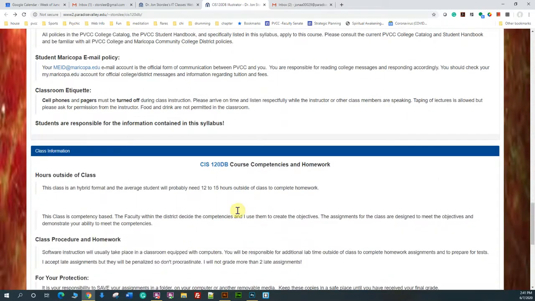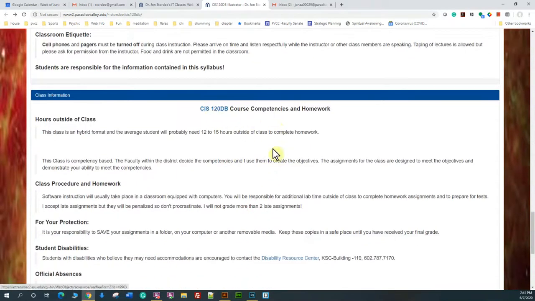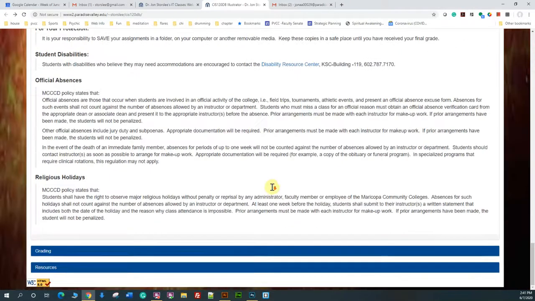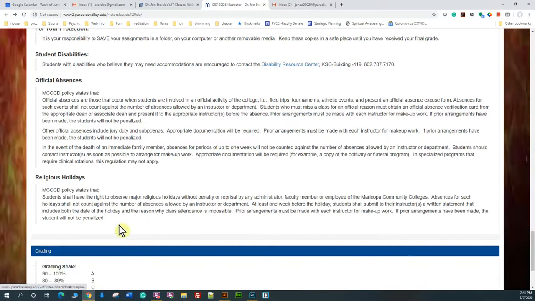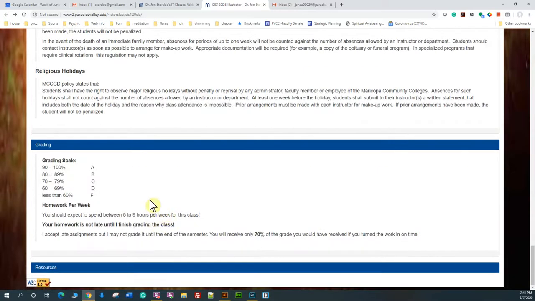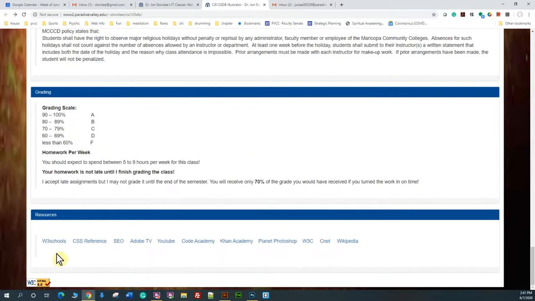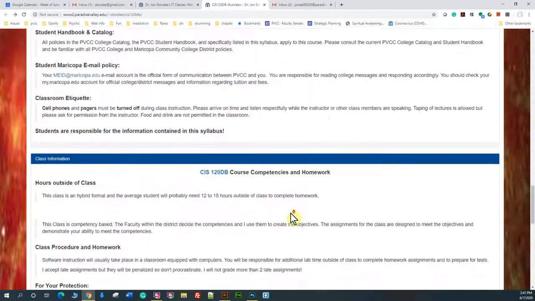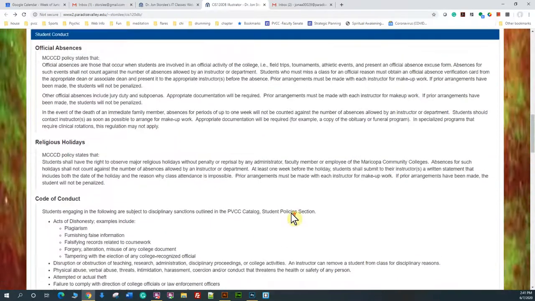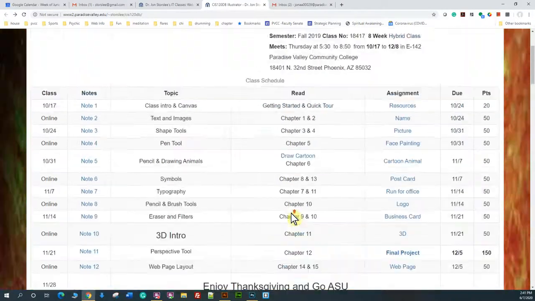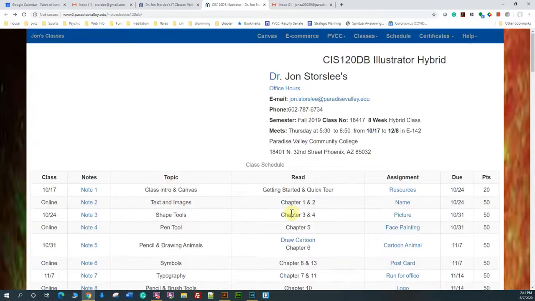More about the class and where you can actually get all the nitty gritty details about it. Grading, use the standard: 90 to 100 is an A, 80 to 89 is a B, so you understand that. And then these are some quick and dirty resources. Now, hopefully, I'm going to update my website. I have not decided yet whether I'm going to have time. It all depends on how quickly I can make these videos and whether I'm satisfied with the new layout that